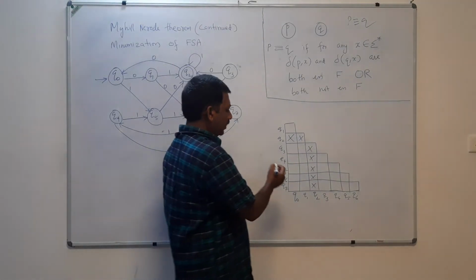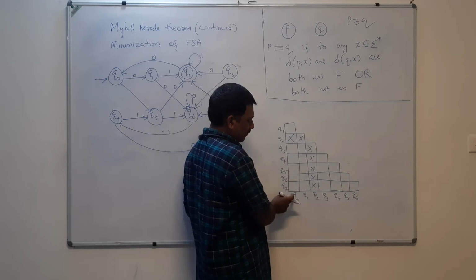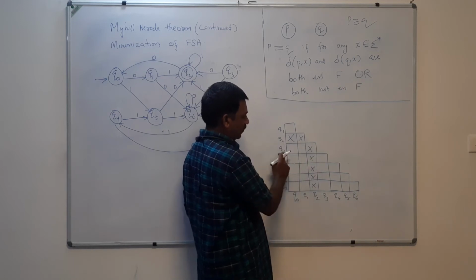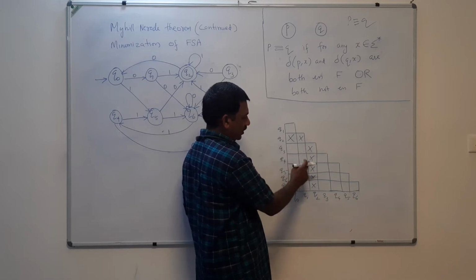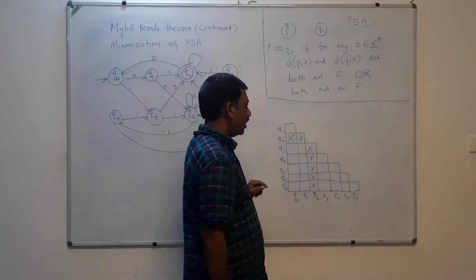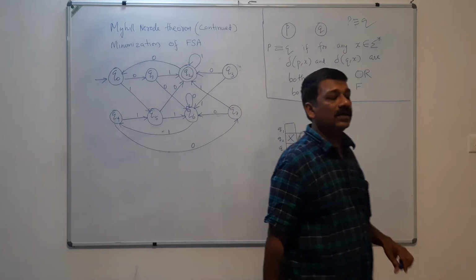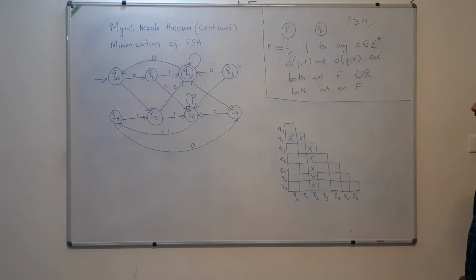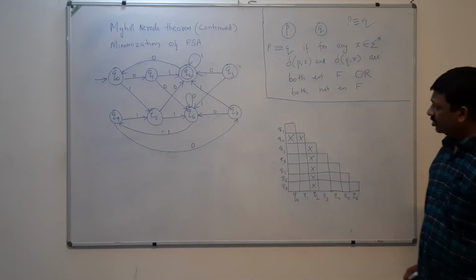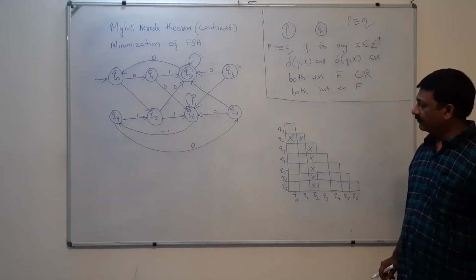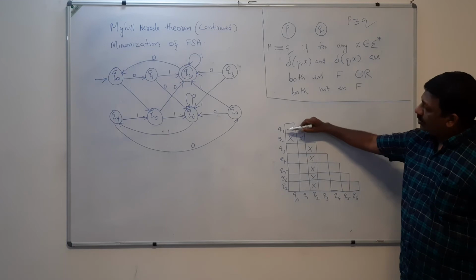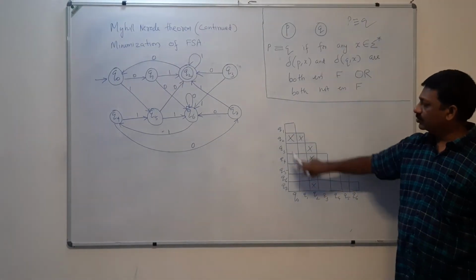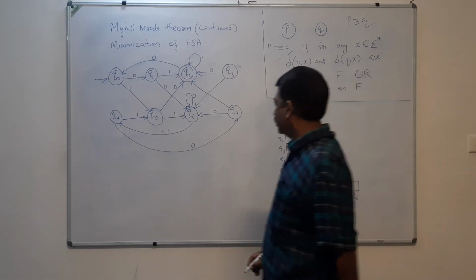Okay. Likewise, Q0 and Q2, non-final state and a final state, non-final and final, non-final, final, and so on. Now I have marked all the non-final and final states. Okay. Now I'm going to check whether Q1 and Q0 are distinguishable. For that,